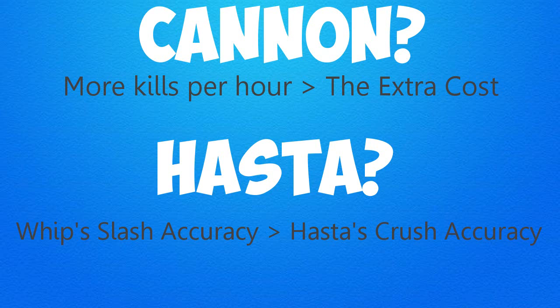So that's the simple reason why we use a cannon. And secondly, why we're using a whip over Zamorakian Hasta. Now, Skeletal Wyverns are weak to crush, so it would make sense to use a Zami Hasta on crush. However, the reason why it's better or roughly equal to use an Abyssal Whip is because right now with my